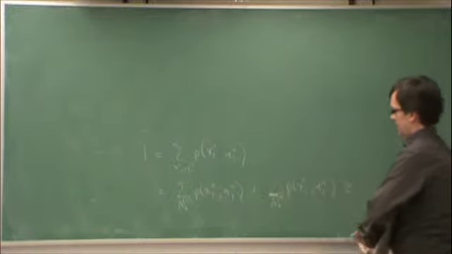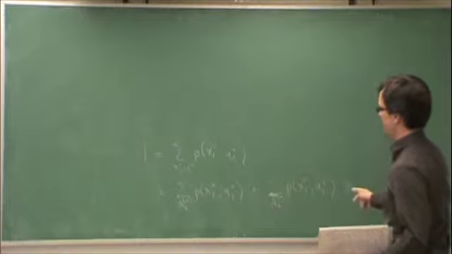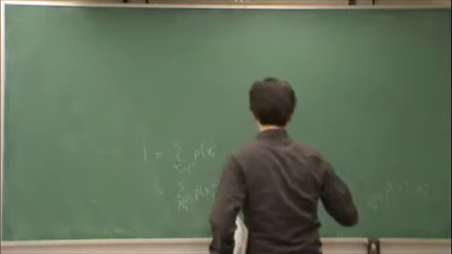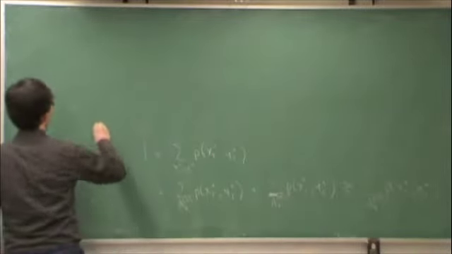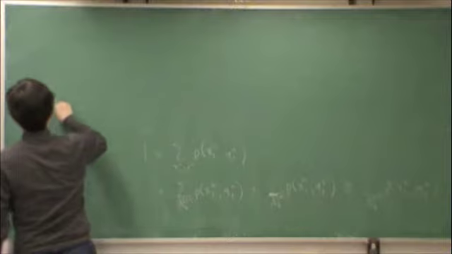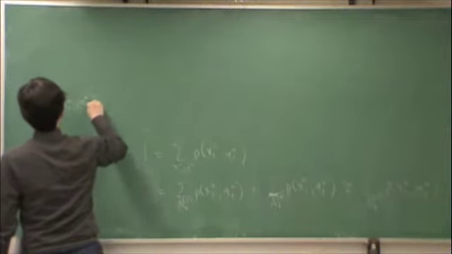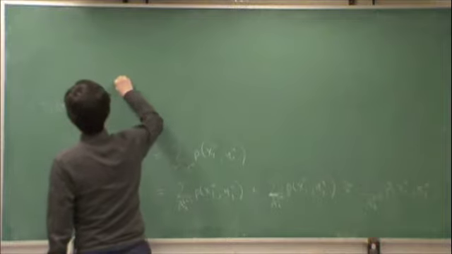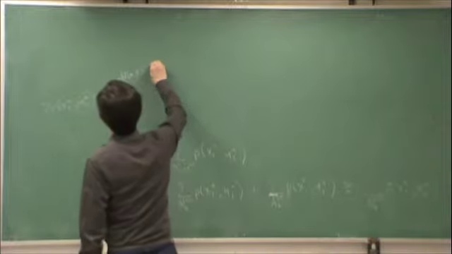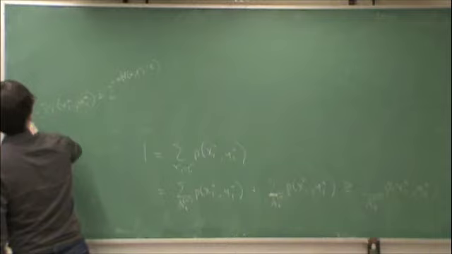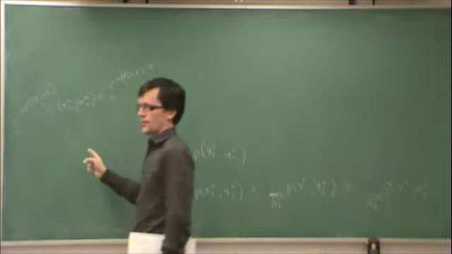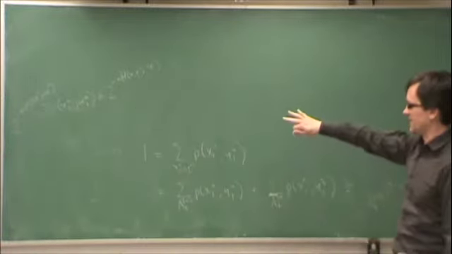This came up from the marginal typical set, but one consequence of the definition of the typical set is that, and you can review this in your notes, for any sequence in the typical set, the probability is sandwiched between 2 to the minus n times (h of x and y minus epsilon) and 2 to the minus n times (h of x and y plus epsilon). So that was one of the properties of marginally typical sets, and it's also true here.